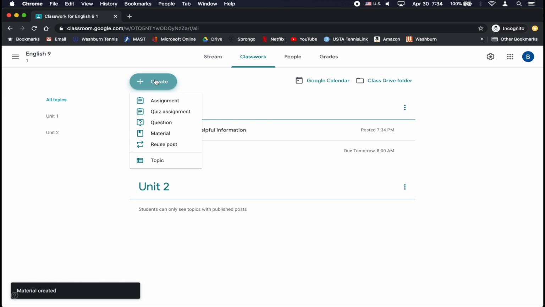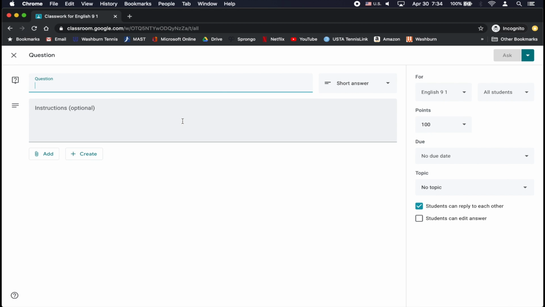The next thing I'm going to show you how to do is use this question tool. So let's say I have a question, like I want to do something a little like a seminar, but not really, like it's maybe not as big of a question, but I still want students to think about a question, respond to it, and then see each other's answers. I can just create a question right here